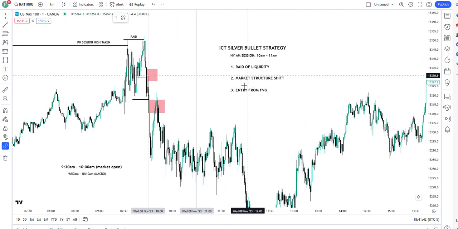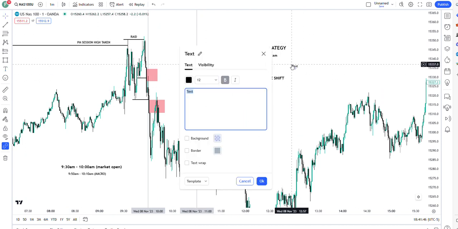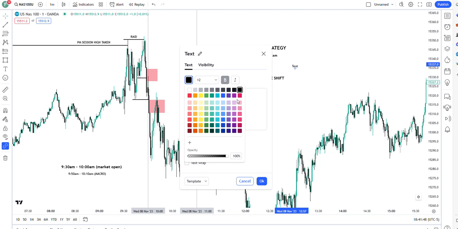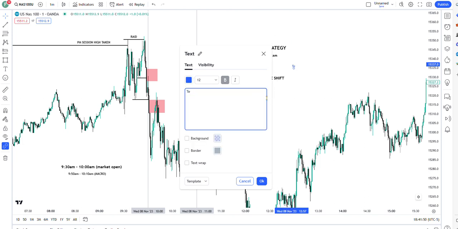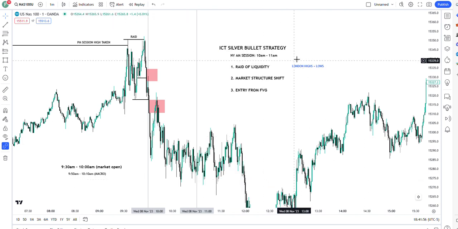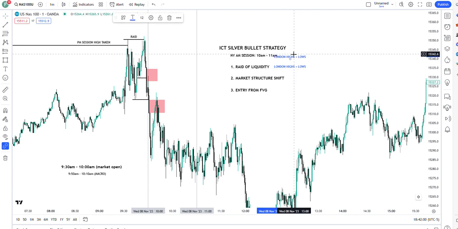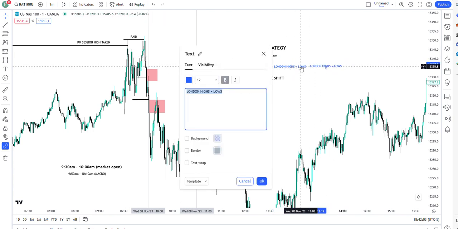Now, I think something that's missed out in all of this is what's important in terms of the raid on liquidity. And I'm going to add to this, right? What you're looking to be raided is this: London highs and lows. If you raid London highs and lows and then have a reaction off that, that's a good thing, right? That's the first thing. The second, if you take out previous day,